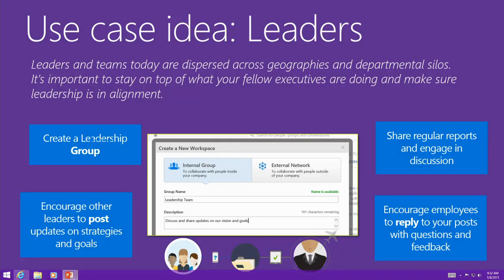Another great case does tie back to leadership. We know that executive sponsorship, executive leadership is key for big success to happen with your Yammer network. So again, you have to map it against that leader's goals. What are they trying to accomplish this year? How is this going to help them get there? You have to speak their language and then show them how Yammer can do that with them.